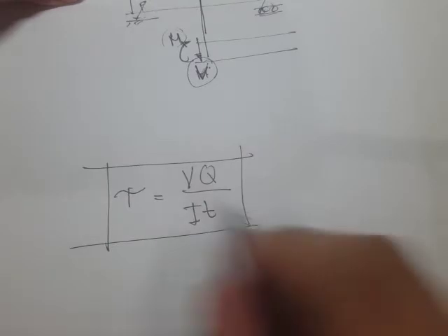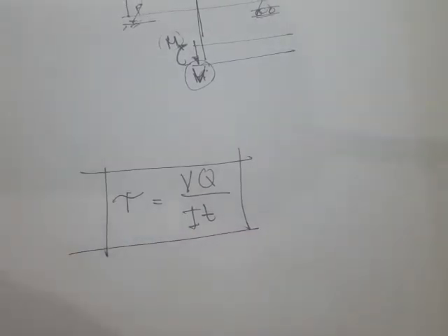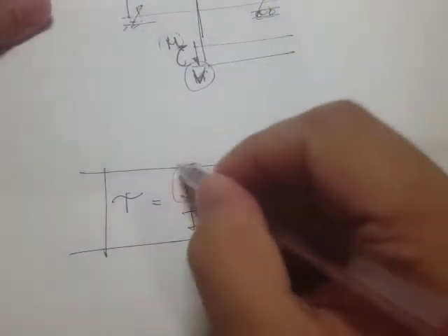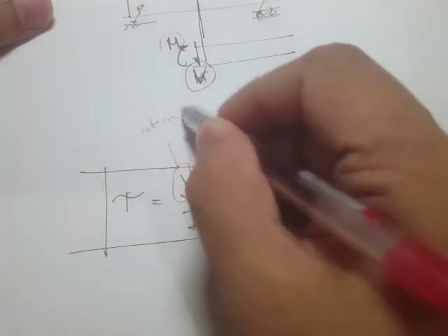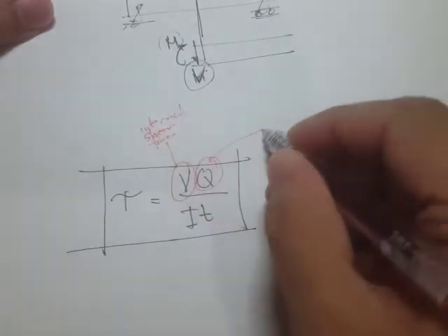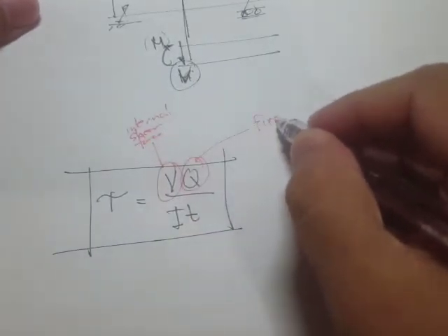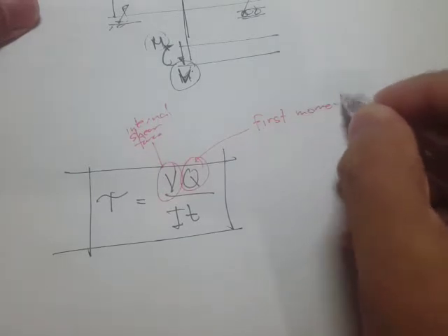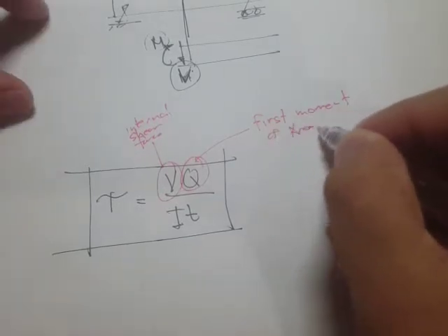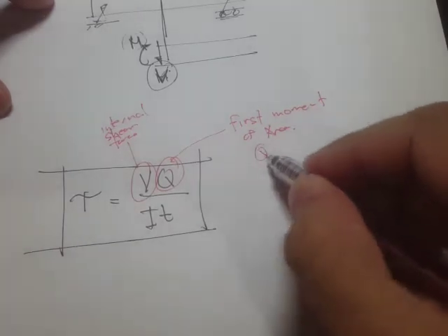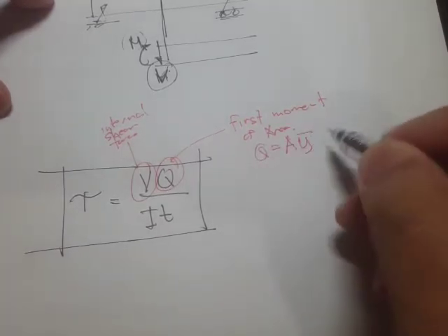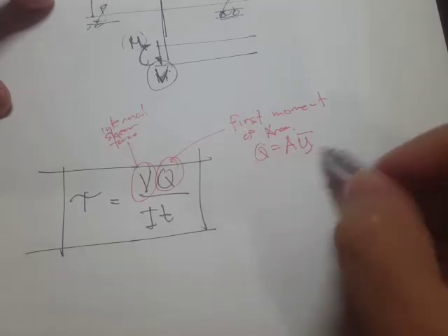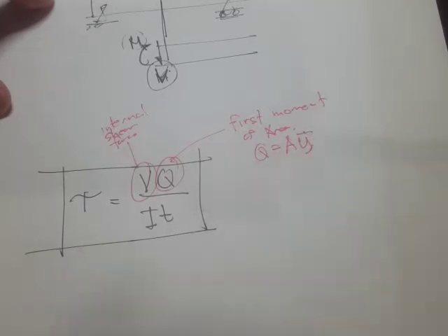Here is our working equation for whatever shape, where V stands for the internal shear force, and Q is the first moment of area. The equation for Q is simply the area times the distance from the neutral axis to the centroid